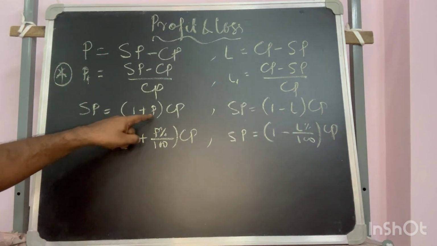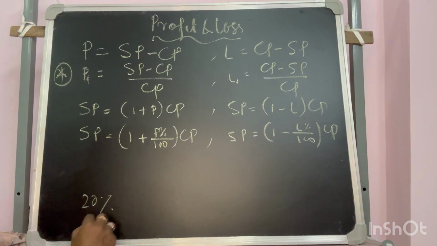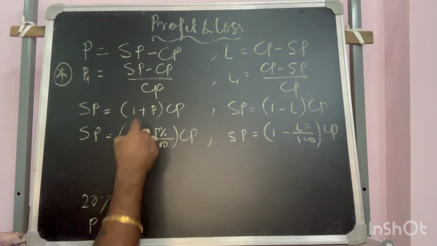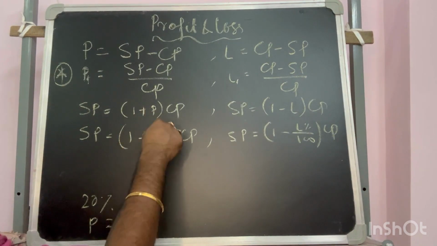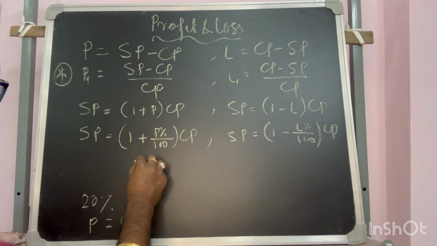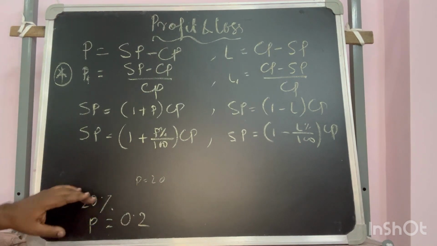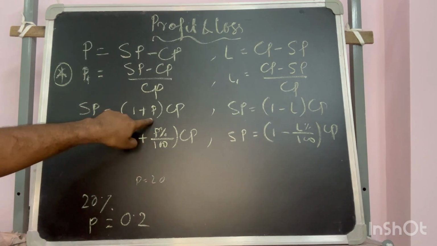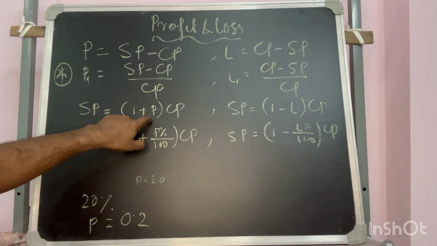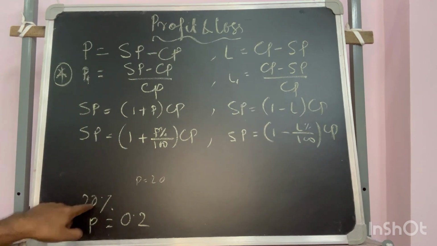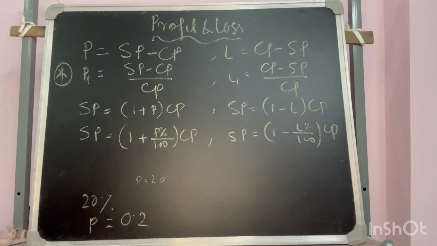That means if I say the profit percentage is 20%, so that p value, if I want to put the p, that p value has to be 0.2, and if you keep it there, then this p value will be 20. So this is the difference between them. How will you put that? If p is given as 0.2, okay, then you have to put it directly, and if it is given as 20%, then you have to put 20 here instead, so that will give you the same result. Okay,